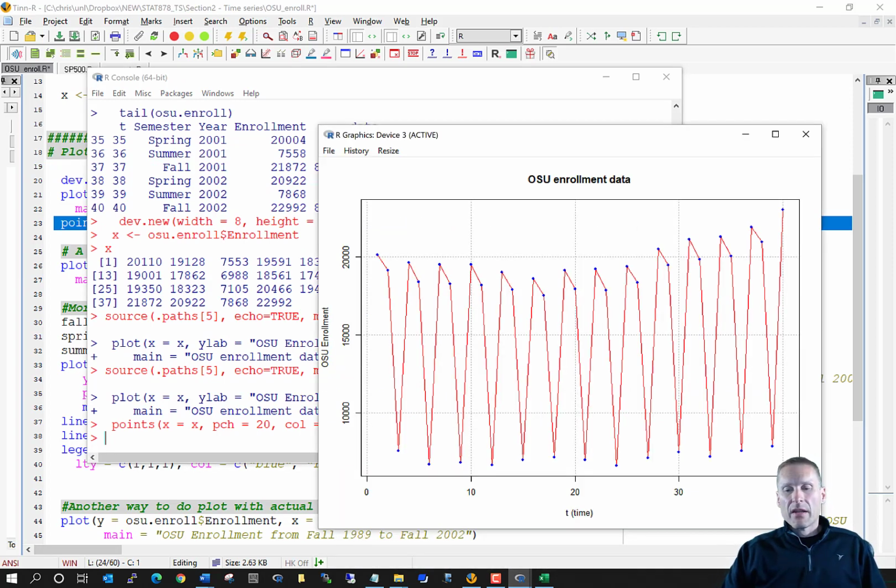And there we go. And so we can see a little bit what we saw in that table of the data. Fall's the highest enrollment, spring goes down a little bit, and then summer goes way down. And then we keep on oscillating back and forth between fall, spring, and summer for each year. We have that same kind of pattern. That pattern is what we want to take advantage of then in time series analysis, so that in the end we could forecast future enrollments. Okay.